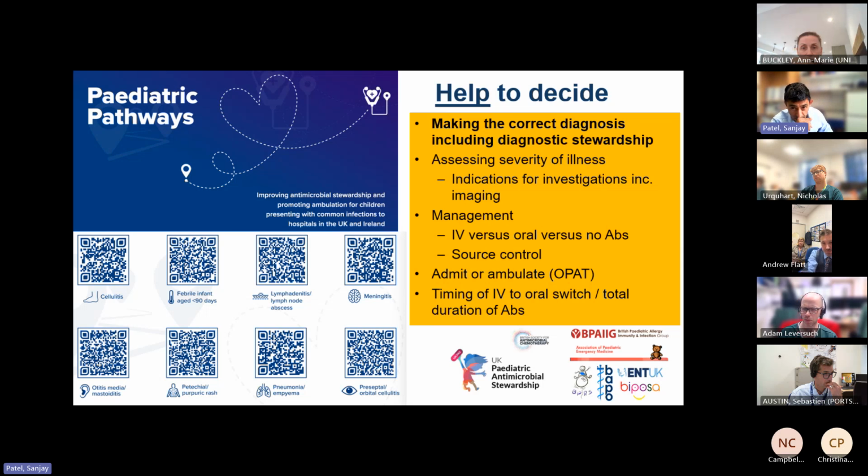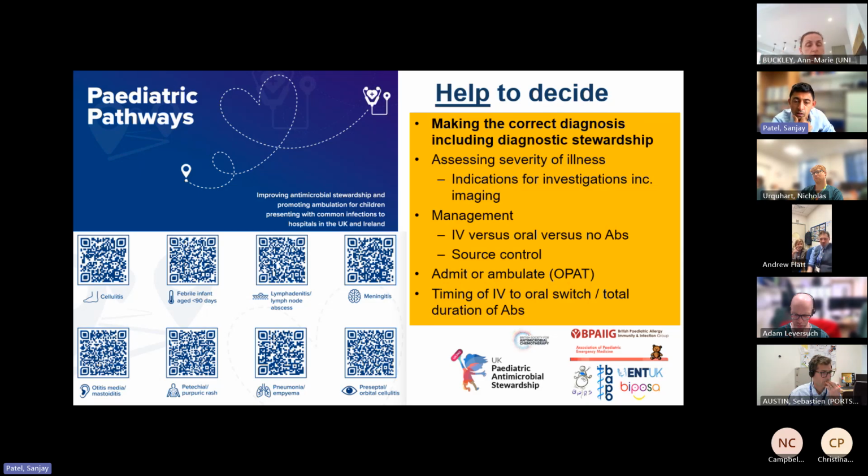It gives you an idea about assessing the severity of illness, and in my opinion it's the severity of the illness that dictates whether a child needs antibiotics or not, and if they do, whether it's IV or oral, and also how quickly they get them. It also provides some information about diagnostics and imaging, and the role of diagnostics, when it's appropriate, when